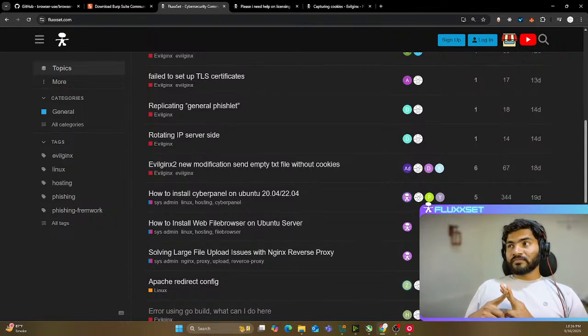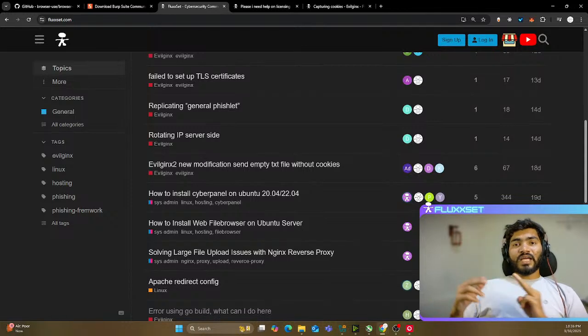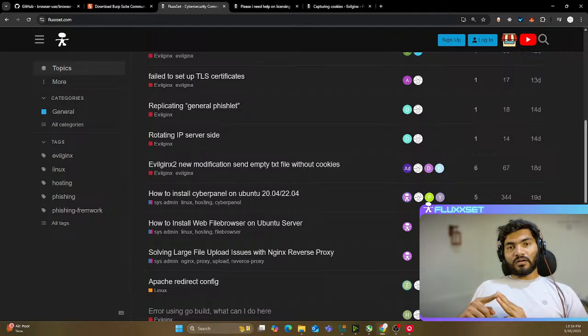The third problem can be a rate limit. You have sent too many requests to certbot to get SSL certificates. Like if there is a big phishlet, you add that phishlet and get SSL for it, then the next phishlet, then get SSL for that. If you request 15 or 17 SSL certificates, there will be too many requests, and it will be blocked because you have exceeded your quota. So you can try the next day.